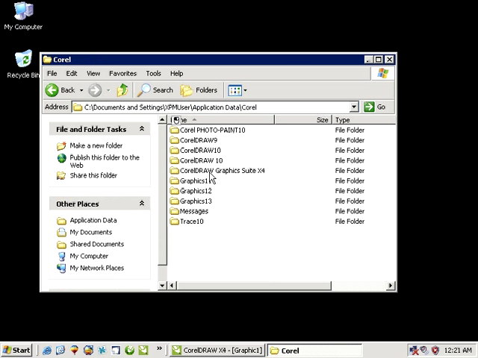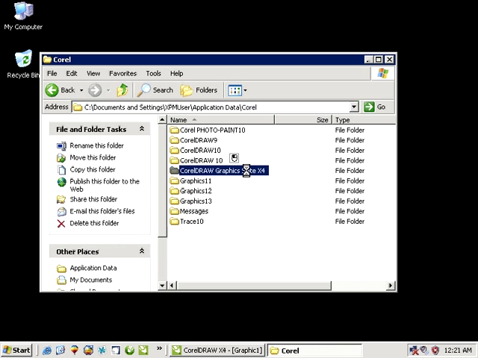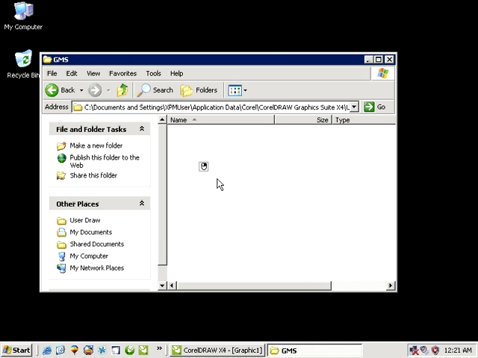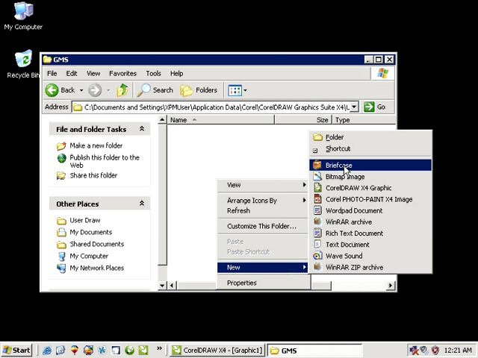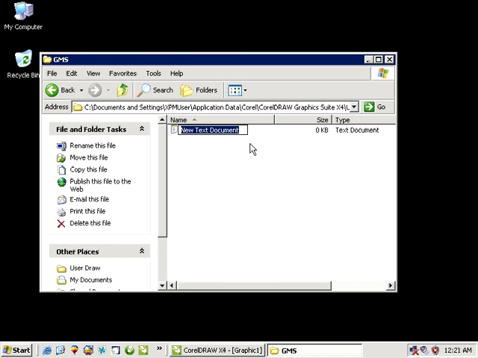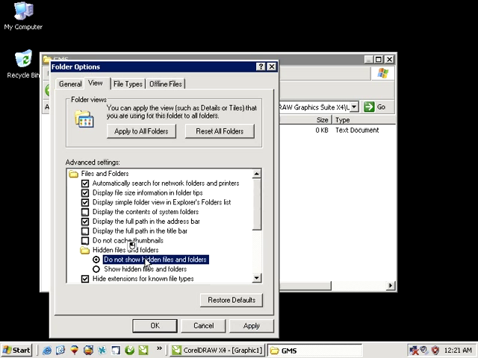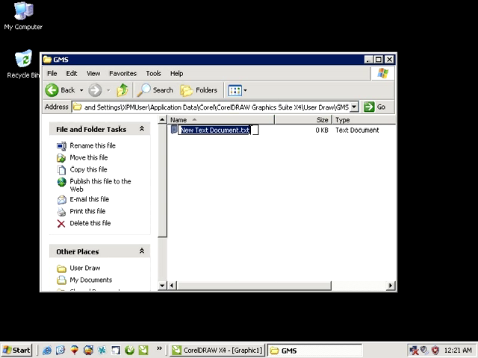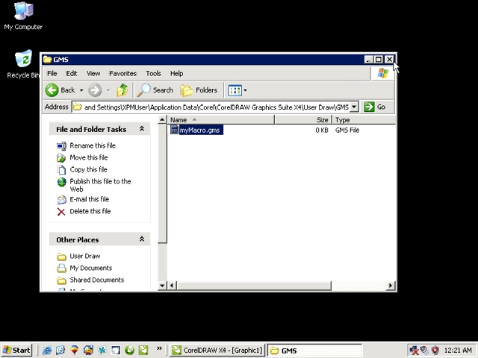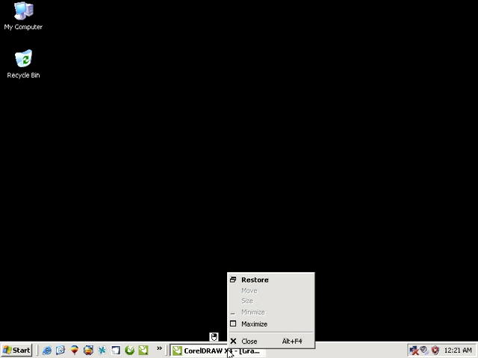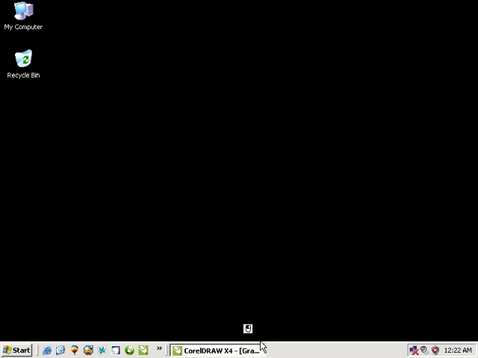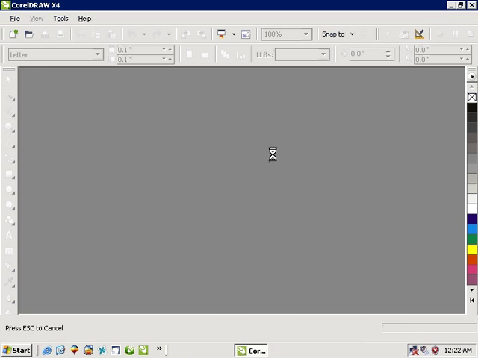This would be app data in newer versions of Draw. I have a video out that shows you how to create your separate GMS file. So I should be showing the extension there. This is how you make a separate GMS file, and like I said, I have a video on my YouTube. You can subscribe to YouTube that shows you how to do that, so I'm just not going to go into